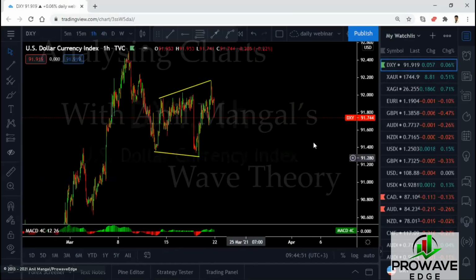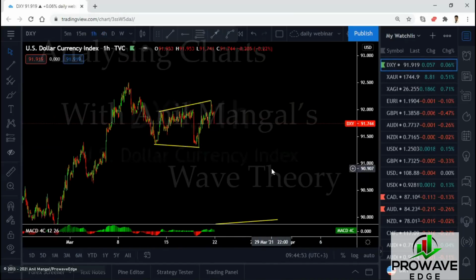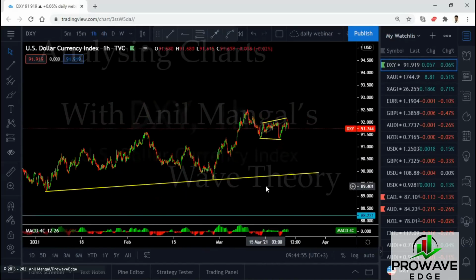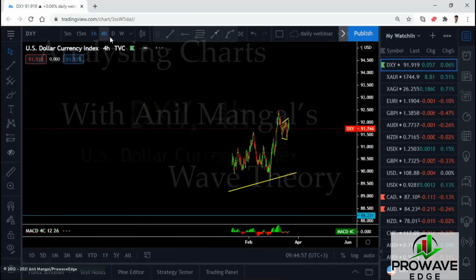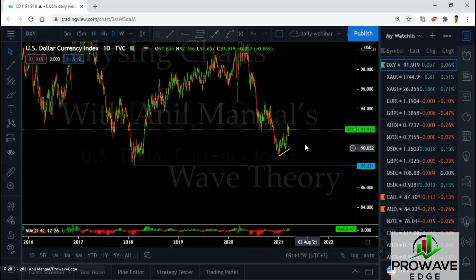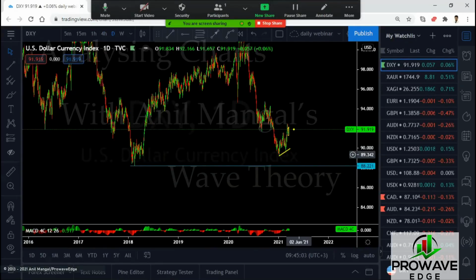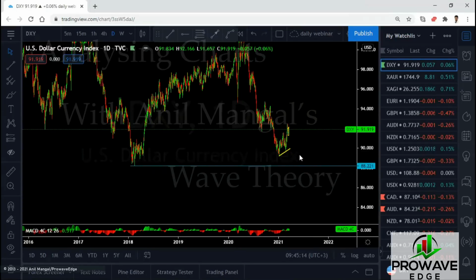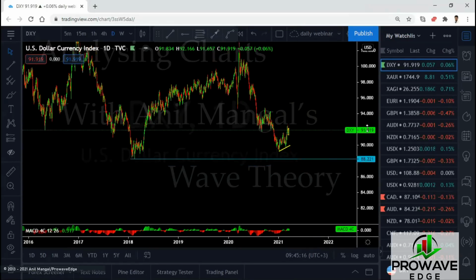Dollar index. I've been telling you, if you've been following me all the time, that we're in a consolidation. Bigger picture is downside. The biggest picture, I think they will come to this level. There is a good chance this might be the move that ends up going to this level. If that is the case, we will be in the sell. We will be selling it all the way to here, after which I think it will be going up, right? That's forecasting. Forecast is based on a specific method called wave analysis.